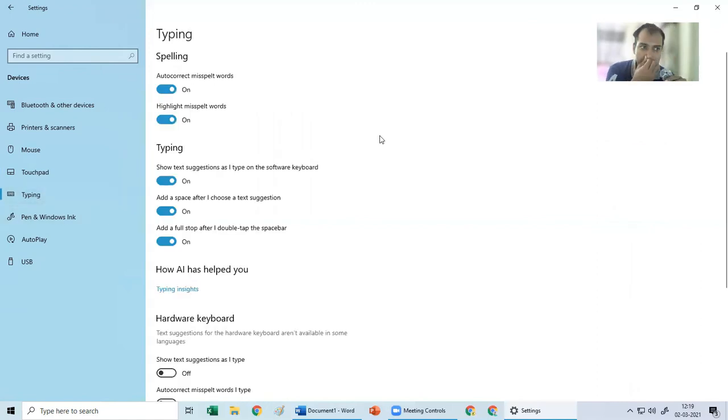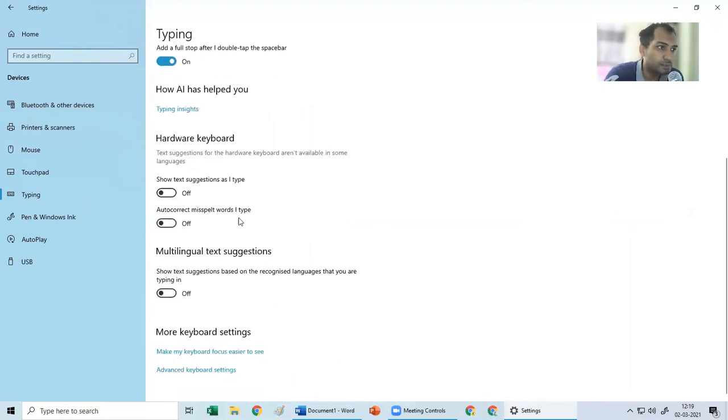While you're typing on the keyboard, if you want the suggestions to appear, so you can choose amongst these different options for like autocorrect the spellings, highlight the misspelled words, whichever is misspelled. So spelling mistakes can be corrected from this and the typing mistakes can be corrected from here.